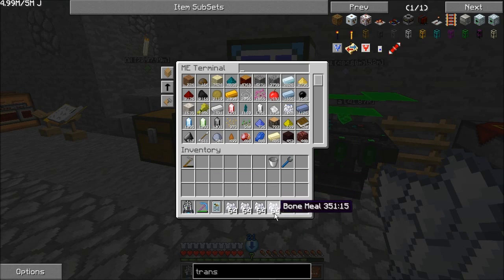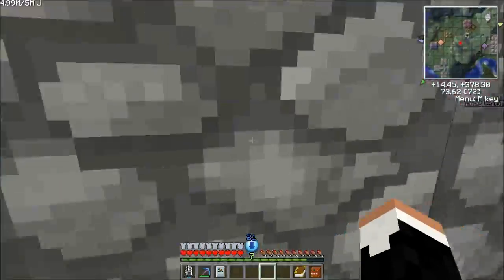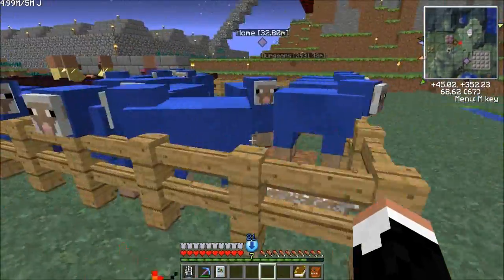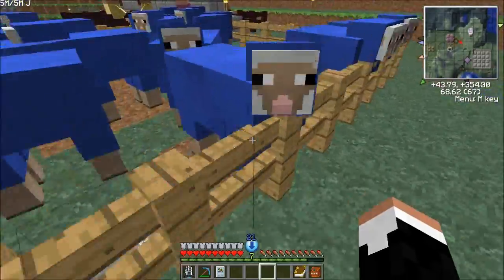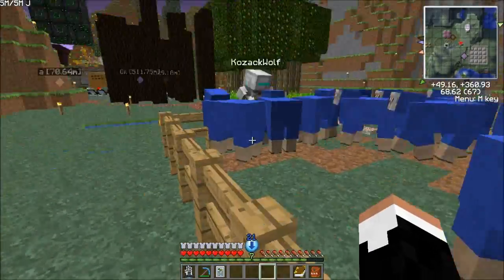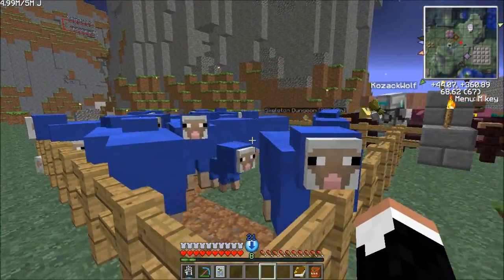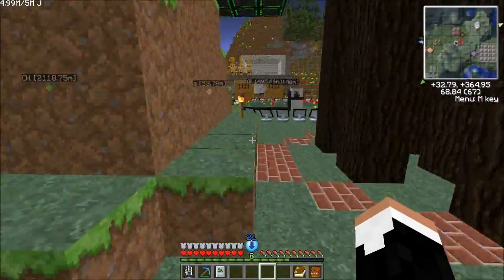Now, I know there's people out there who are thinking, what are you talking about, turning things into blue wool? You've got blue sheep out here. We do. We've got a bunch of blue sheep out here. They're Kozack's friends. But this is slow, because you have to wait for the sheep to regrow their wool every single time. Yes, we could pull a direwolf and set up a turtle and have it just automatically shear the sheep for us, but that's boring. We're not going to do that. We are going to do this...